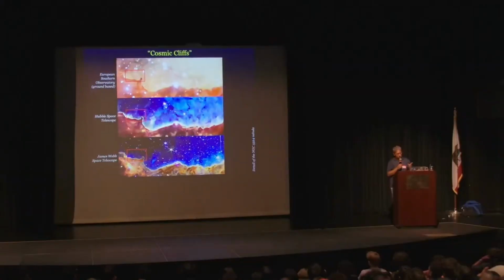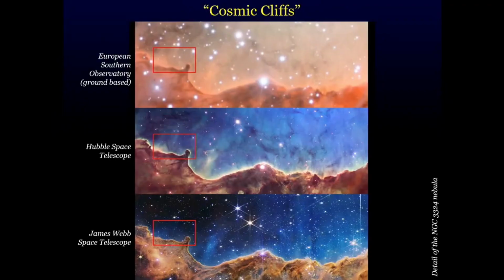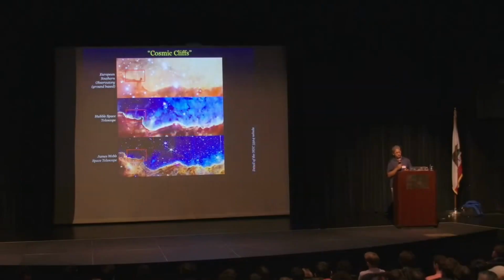Three versions. At the top, the picture taken from that telescope in Chile, one of the best ground-based telescopes. In the middle, picture taken with Hubble. And at the bottom, the picture taken with the James Webb Telescope. This has been called cosmic cliffs because you can see what looks like a sharp edge to this cloud, like a cliff. But it's really dramatic to see the extra stars and the extra level of detail that James Webb gives you compared to Hubble, and what Hubble gives you compared to the best images from the ground.